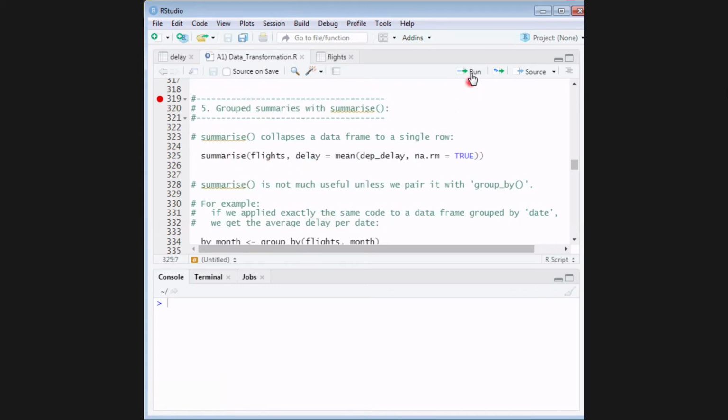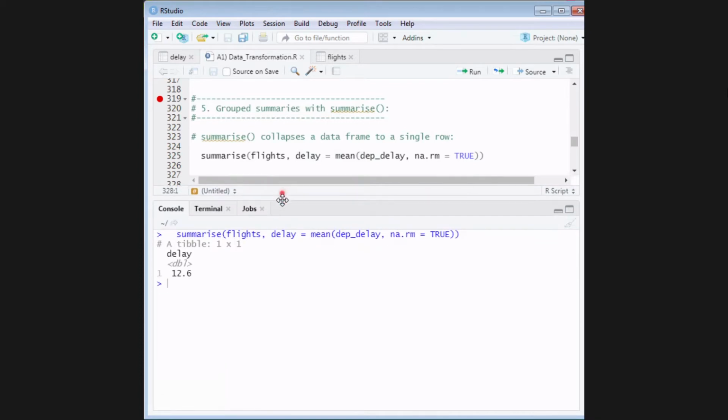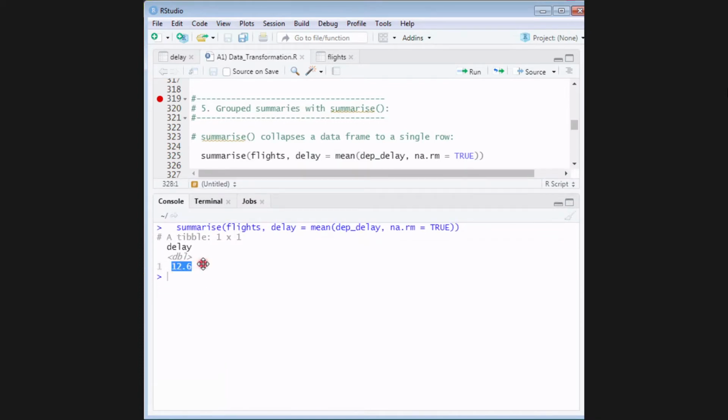Okay, don't worry. So when I click on this, I get summary data. What is that? My flights are getting delayed with an average of 12.6 minutes. What is this data? This data is an average of what? 336,000 records of flights from New York City in the year 2013. But this is not very useful, the average delay of all the flights throughout a year.